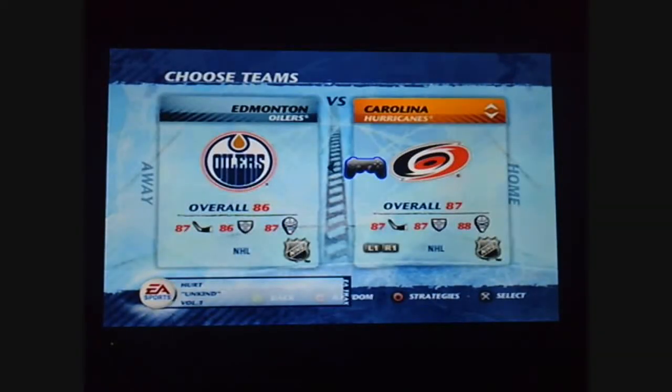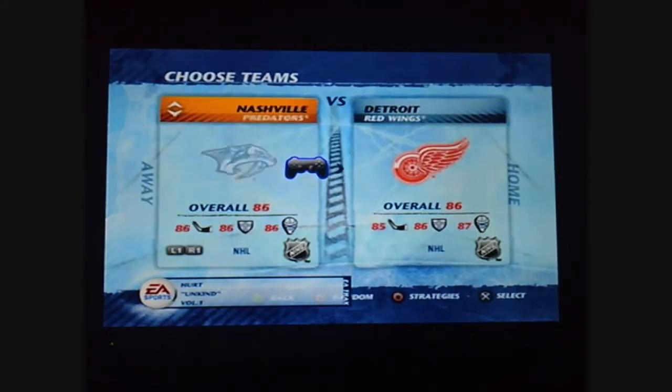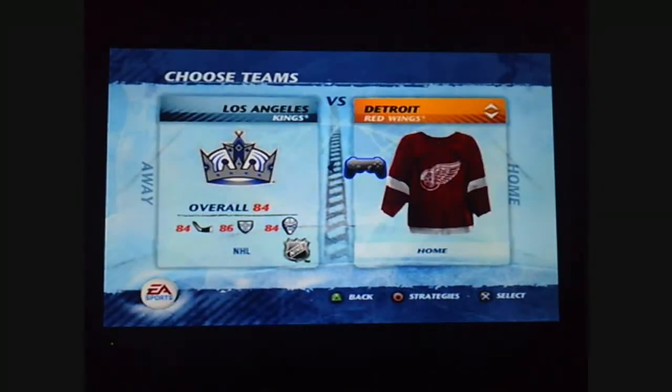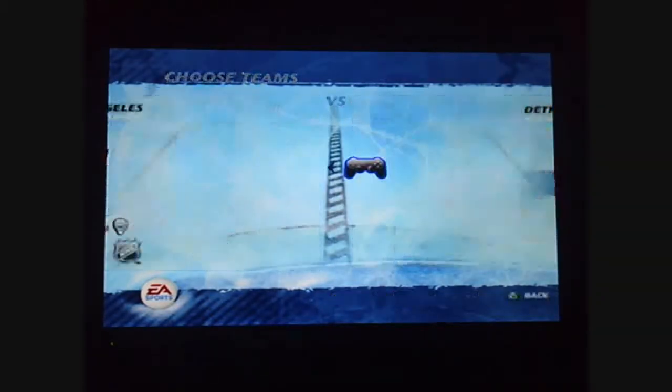Alright, so let's play a game here. Hopefully it kept who I had. It didn't. Probably passed them, didn't I? There we are. Strategies. Standard, overload. One day I'm going to learn those plays, but...